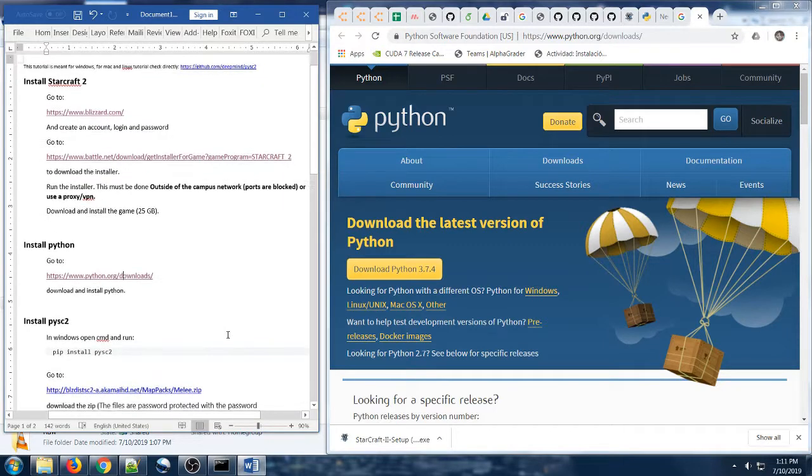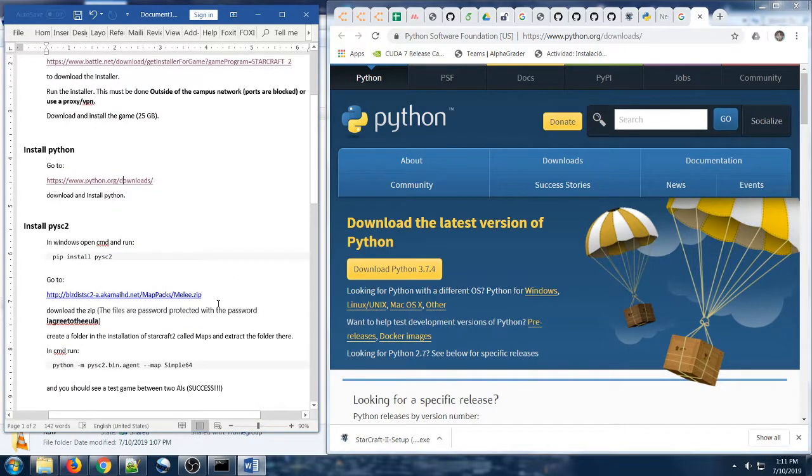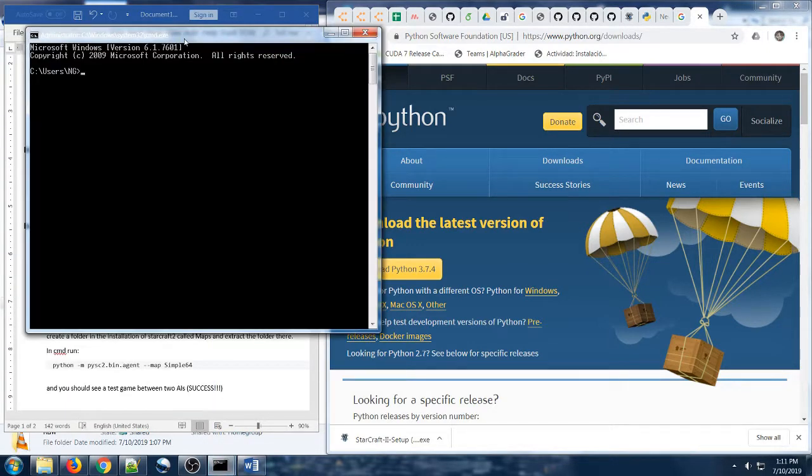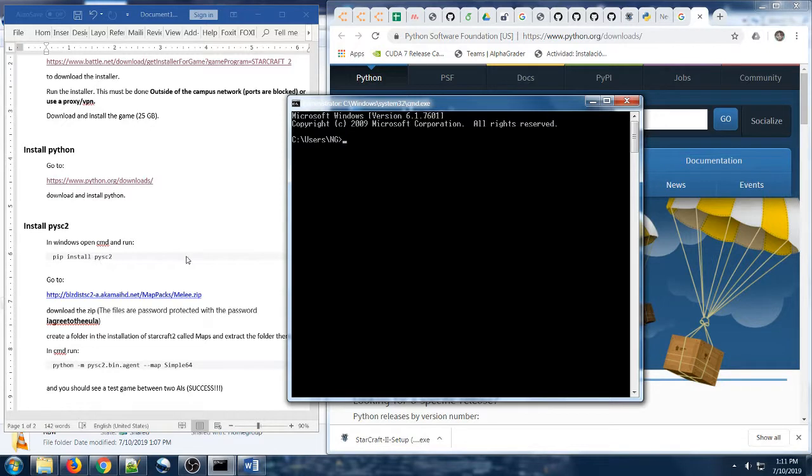Once you have installed Python, if it asks you to restart your computer, please do so, so you can see that you have access to pip. Pip is a Python installer tool. Once you've installed Python, you can use pip to install. You go to the command prompt and you copy and paste this command, or just run it in there. You say pip install